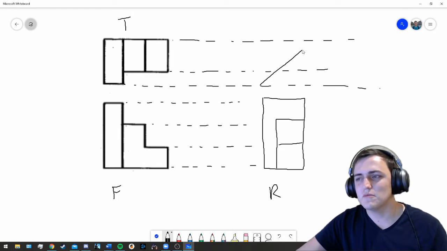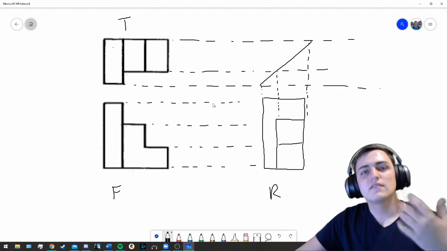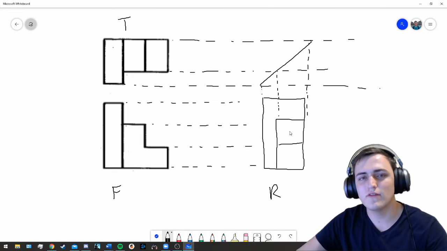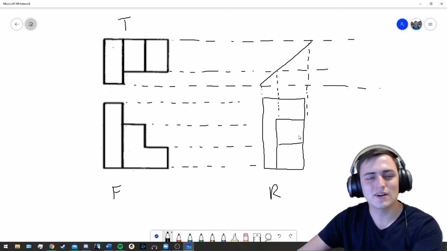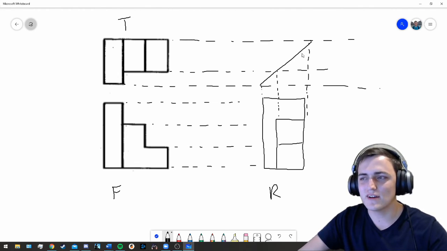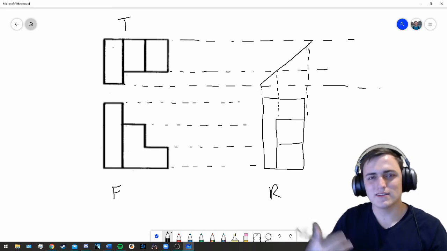So we actually mirror those lines over a 45-degree angle. And so this line gets mirrored down to there. This is a trick for completing a third view: you can take the diagonal view, right? For our right view, we can look at the top view, and those horizontal translation lines are not going to hit our part. The front view, they're going to hit the part, and that's going to be really easy. But for the top view, we have to use this auxiliary diagonal mirror line, and that allows us to translate those